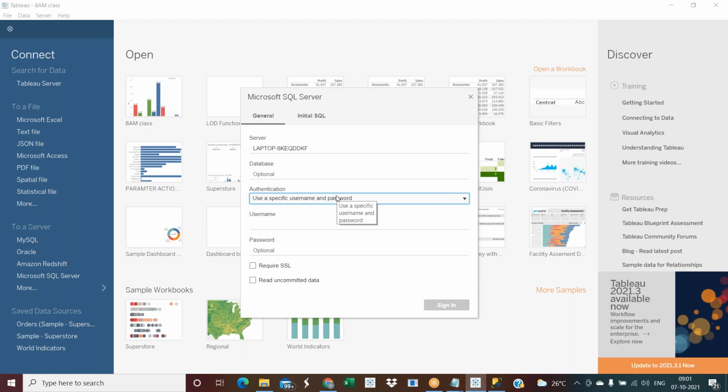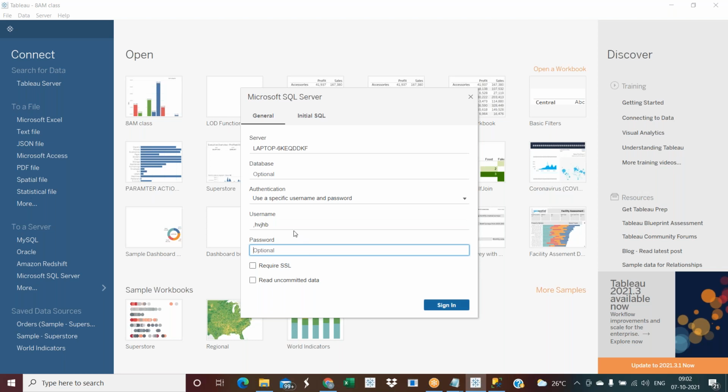Three things they will provide you. One thing is a server name or server ID, something like 000, some information will be there. After that they will provide you the username, and after that the password. So now you can connect with sign in, no issues. This is what they are going to provide.